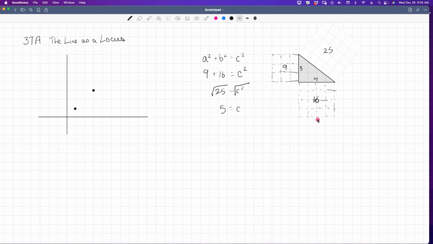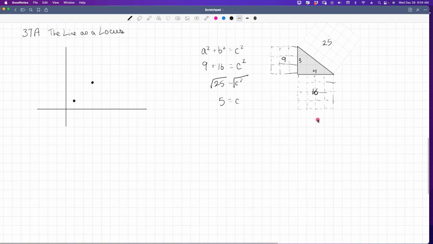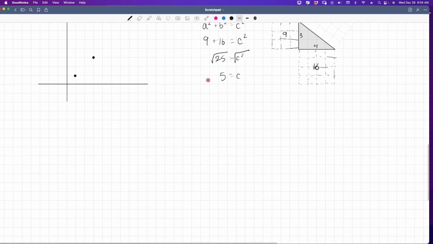So we've taken Pythagorean's theorem since then and we've adjusted it. We've adjusted this a squared plus b squared equals c squared, and we've unsquared the c. The c is the hypotenuse, right? It is the c, it's the distance here. So we can say the distance is equal to the square root of a squared plus b squared,